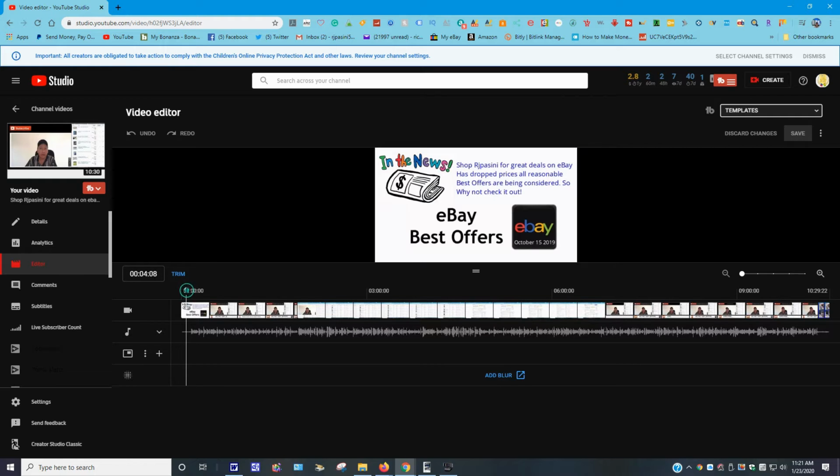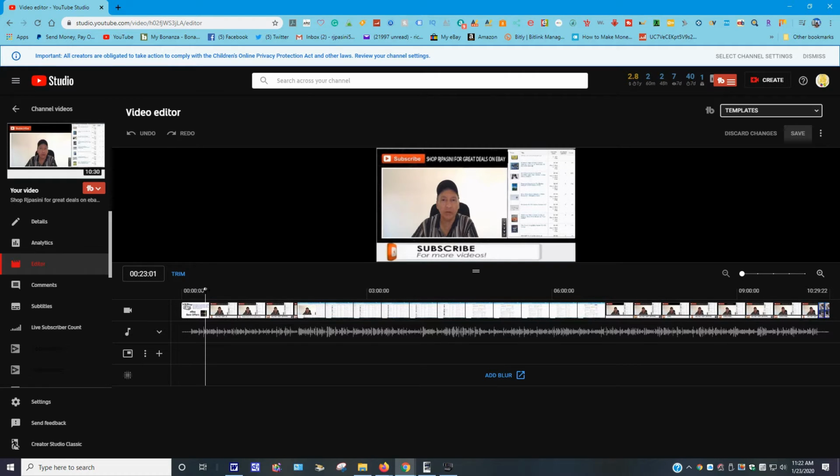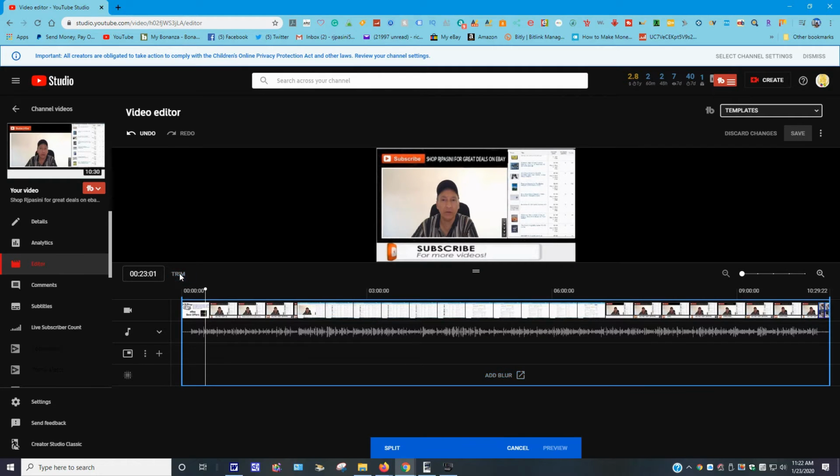So what you want to do is, let's say I wanted to trim this part out here, and I just wanted to jump right to the video. Okay, like this here. So what I would do is I would hit the trim button like this. It's going to bring another window at the bottom over here. It's going to split, cancel, preview. What you want to do is you want to hit the split. Right now, it's